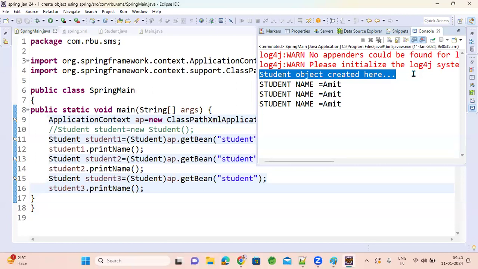This code might be executed daily, 1 lakh times per month, 30 lakh times. With a plain CoreJava approach, you might have created 30 lakh objects unnecessarily. Your RAM and processor will always run, the server fan running, heat generating, a lot of memory consuming. The application may go down. For a simple class, why do I need 30 lakh objects? If I had used Spring, one object would have been created.